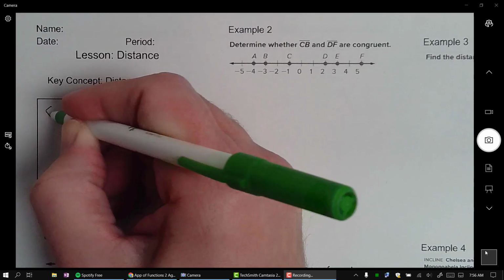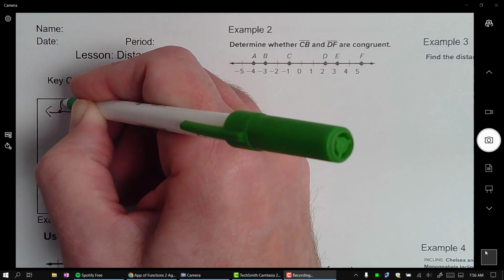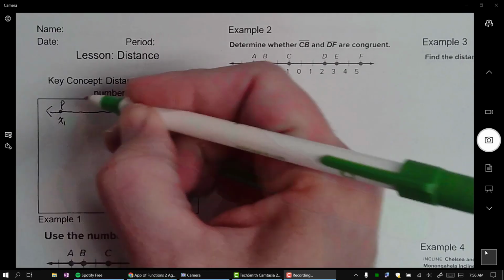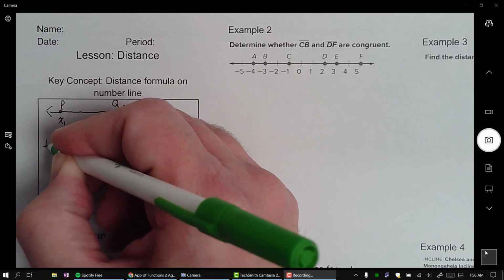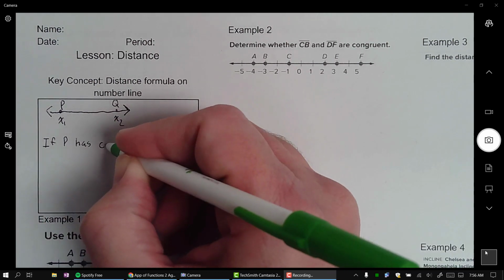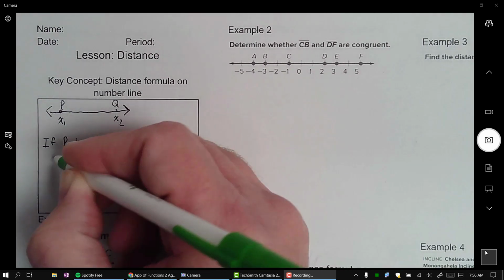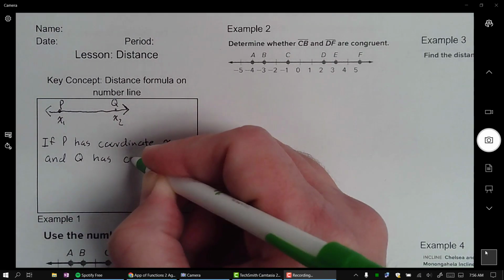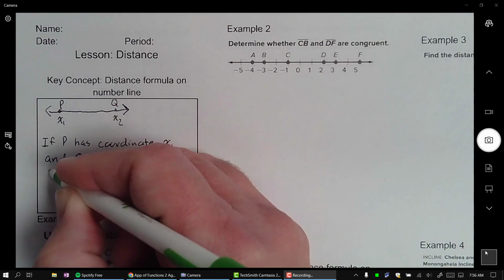So if I have a number line, and on this number line I have point P and I have point Q. I'm going to call point P x1. I'm going to call point Q x2. So if P has coordinate x1 and Q has coordinate x2, then